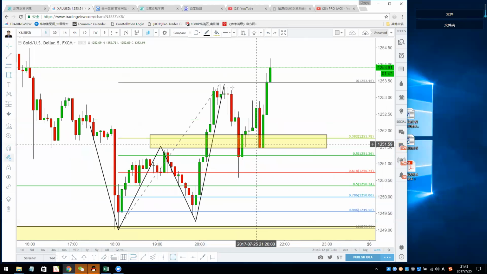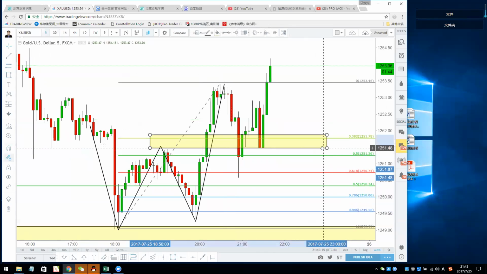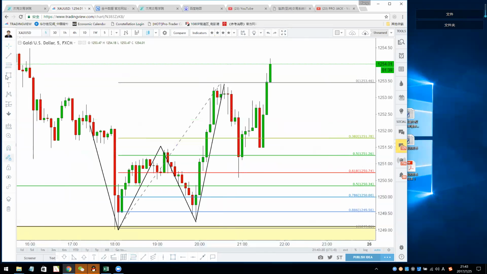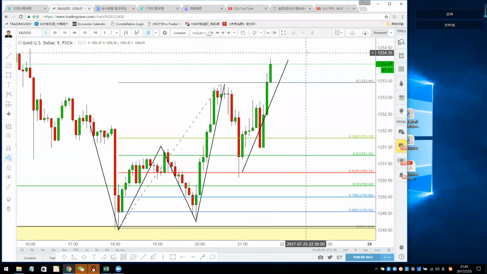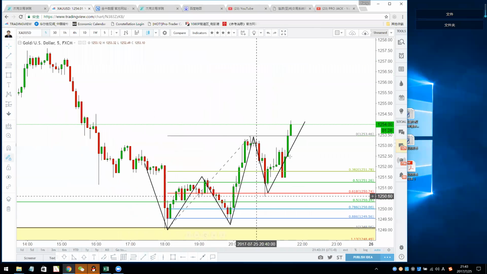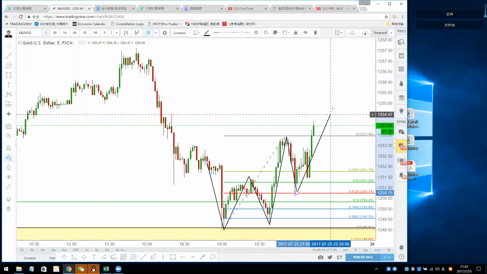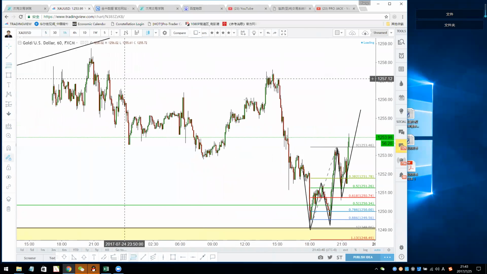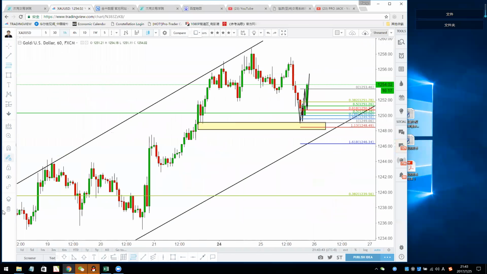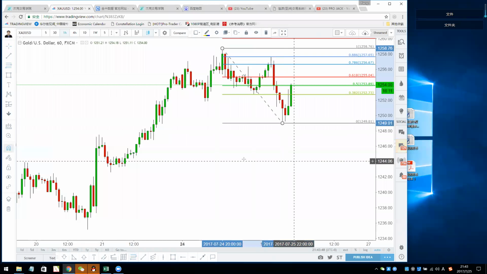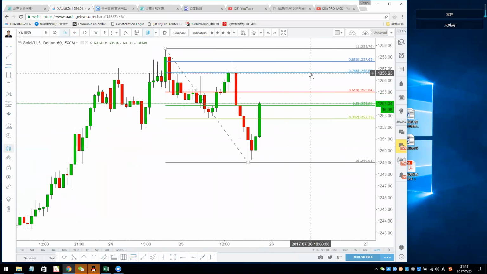The potential buying opportunity here is right at the 618 level, 1250.74. So we just bought gold from 1250.74, and now we have almost 40 pips. Congratulations to those people who bought the gold just now with the 2618 trade. I'm thinking that, at least for today, gold is going to touch 1255, because in the 1 hour chart we will see a 618 first. So it's likely to touch 1255.04 or even go to 1256.